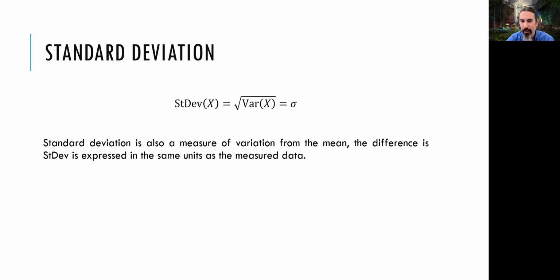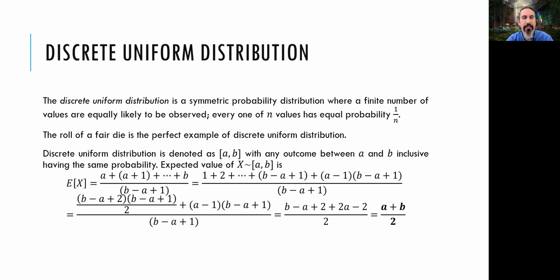Okay. And we have the discrete uniform distribution. Now, this is the first named distribution we will see. Some special distributions exist and they have names, and their expected values and variances are calculated with simple formulas, so you don't need to calculate them again and again. So the first one is the most simple one, the uniform distribution, discrete uniform distribution.